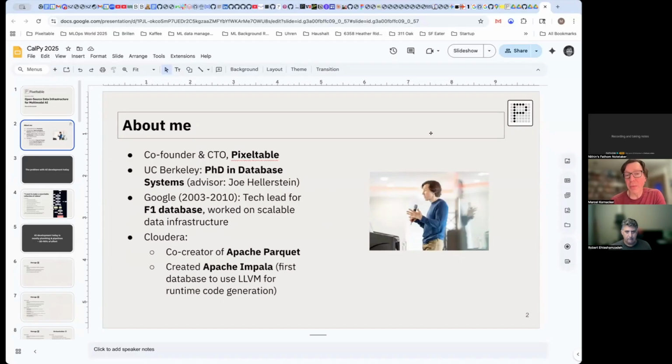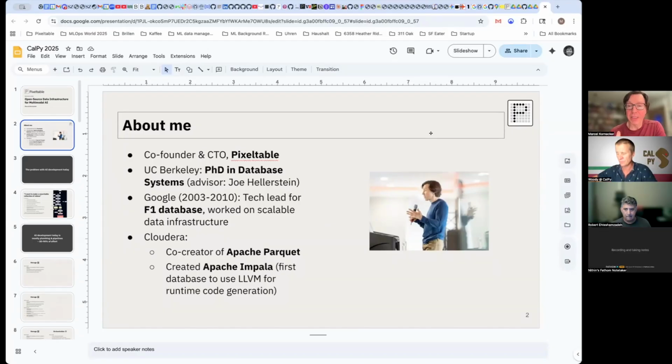I was at Google from '03 to '10, was the tech lead for the query engine side of the F1 database. And when I left Google and joined Cloudera, I created the Apache Impala project and was also the co-creator of Parquet. Then I got interested in AI, ML, a few years back in the context of computer vision, and that was sort of the motivating event for then starting Pixeltable about 3 years ago.